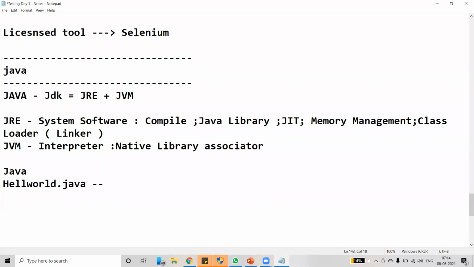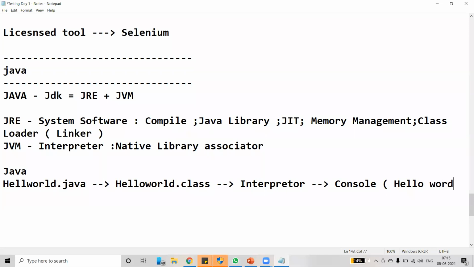This program gets converted into a HelloWorld.class file, and this class file acts as the input to the interpreter, gets executed, and finally prints Hello World in the console.